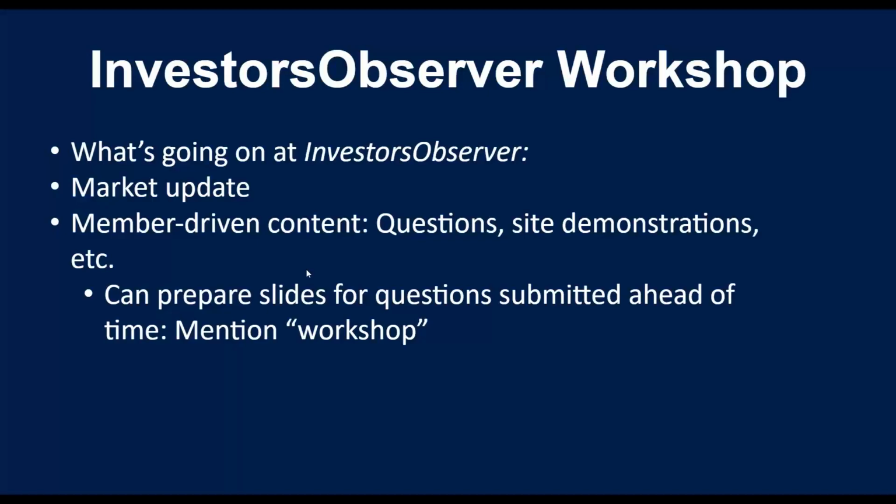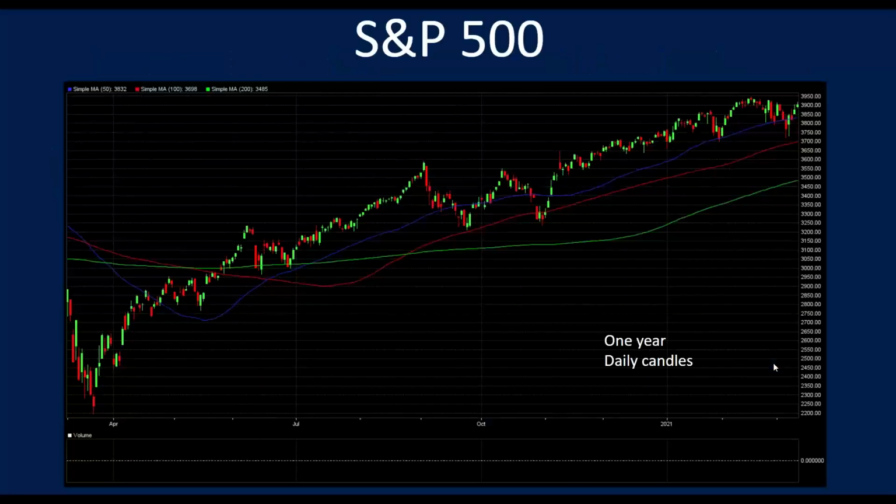Yeah, so let's move on. We don't actually have a lot of exciting announcements in Investors Observer. We are working on some stuff. We have some things in the pipeline, as it were, and we're also doing the technology work that you have to do that doesn't make an exciting announcement, but hopefully the website's a little bit faster, a little more stable, things like that. So that's what we've been working on. I don't have a big announcement this time, but we do have some things we're working on. All right, so